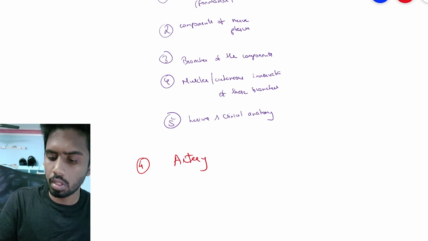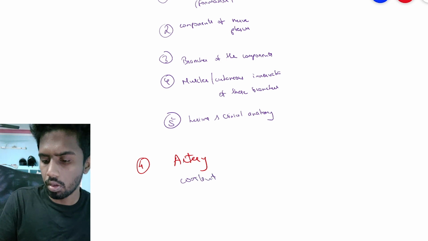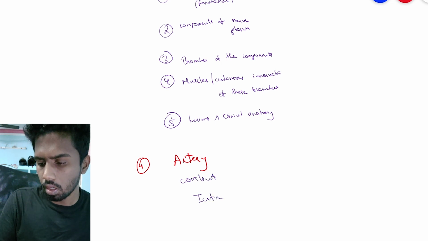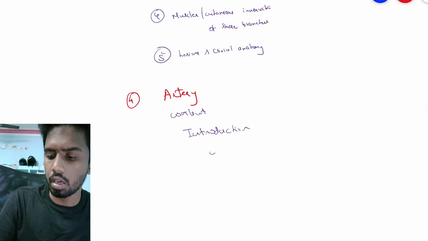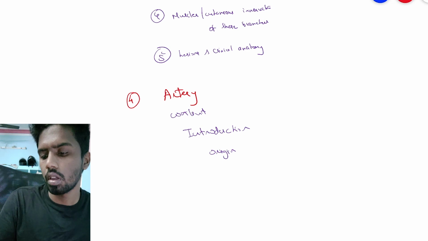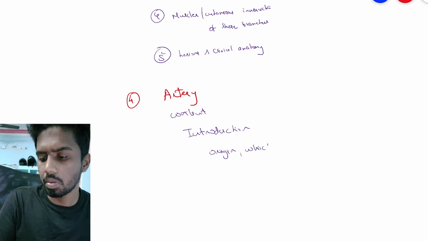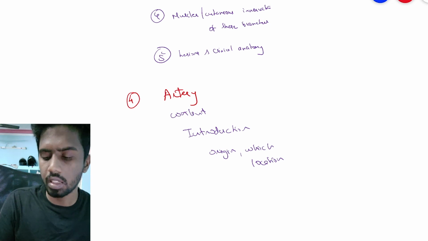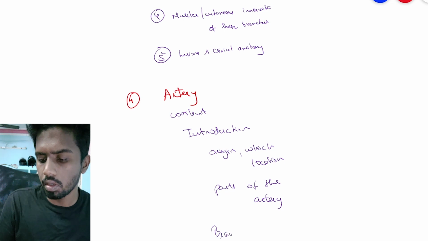If they ask you about the artery, you need to write your introduction, the artery's origin and in which location it is present. Then, if it has many parts, the different parts of the artery, and the branches from different parts of the artery,